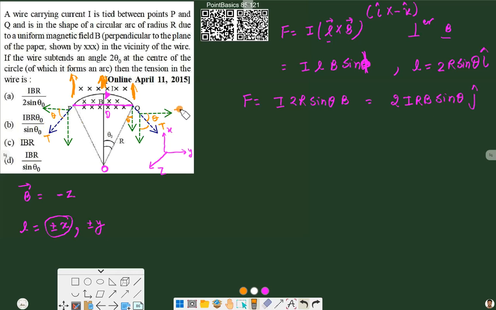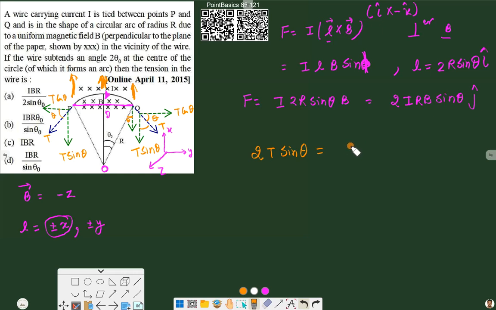So we have T cos theta here and T sin theta downwards. Similarly, T sin theta here and T cos theta here. Now these T cos theta and T cos theta are in opposite directions to each other, so they will cancel each other. And both of these T sin theta are in the downward direction, or the negative j direction. So the total downward force will be 2T sin theta, and the total upward force due to the magnetic field